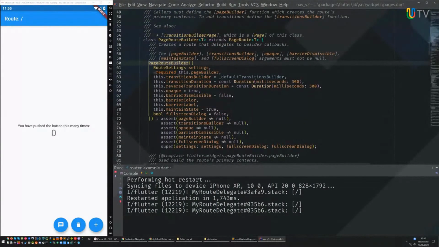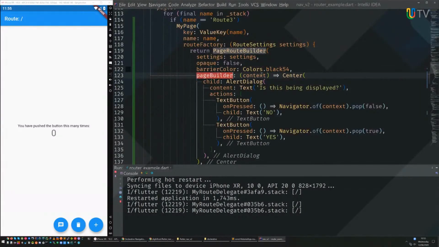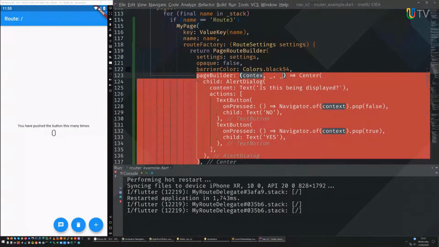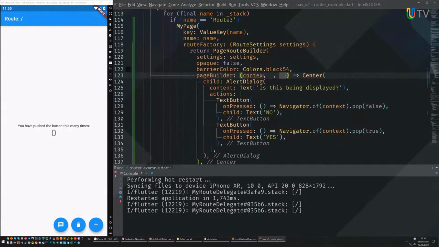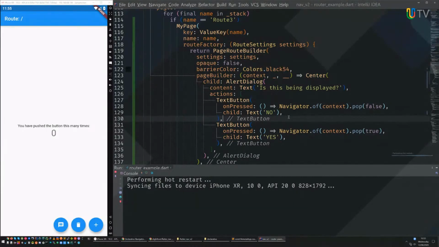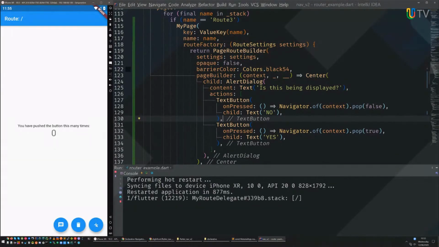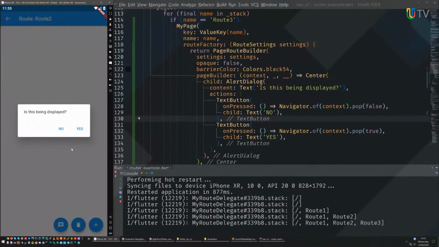The builder is a page builder, is it? I can't remember. Page builder, yeah. With slightly different parameters, so we'll just do this. Okay, fingers crossed, and everyone's happy. Do 1, 2, 3. There you go. So as you can see, what we've essentially done here, I've hacked this in, and I'll commit this code so you've got it. I would not recommend you just chuck this straight in your build function for sure. You would want to build your page route and have a nice proper dialog page configuration, which does a lot of this for you.